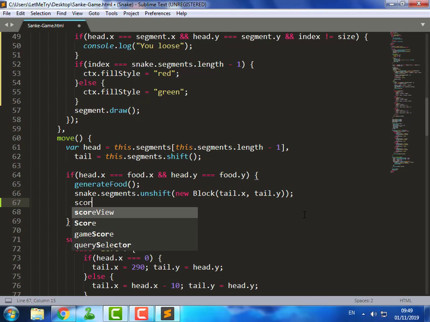Each time the snake eats food, we increase the value of game score and show it.